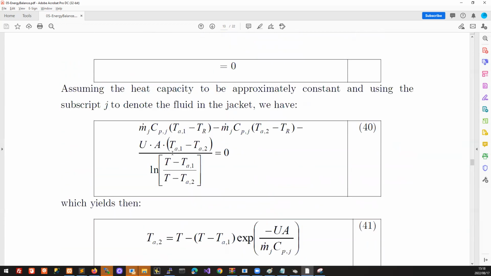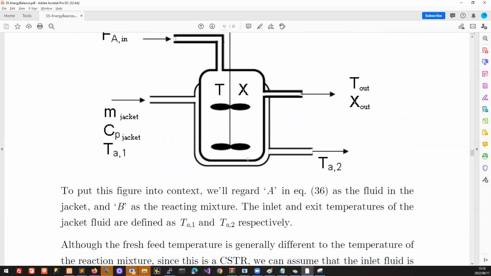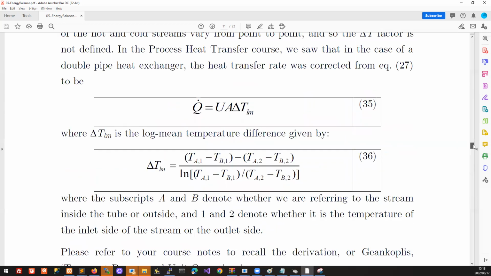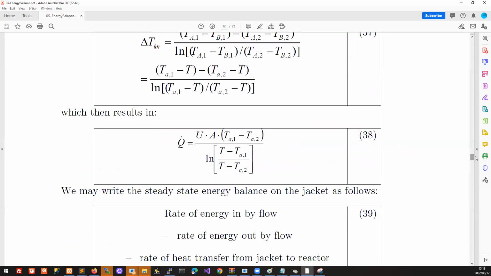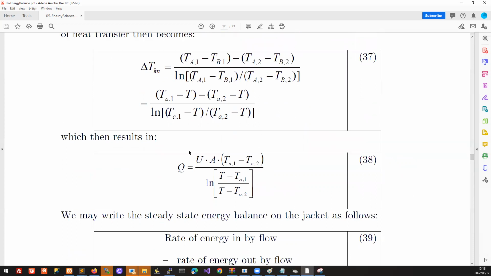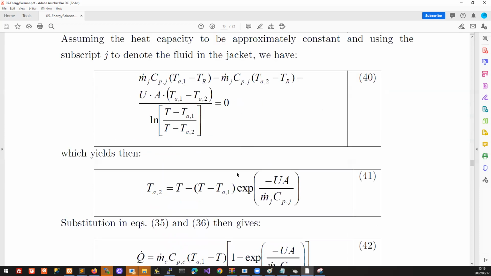So we can simplify things quite a lot like that. If that's the case, quite a few things have changed here. So this is Q, right? So it's UA times delta T log mean. So delta T log mean involves all that. And then what you can say is,